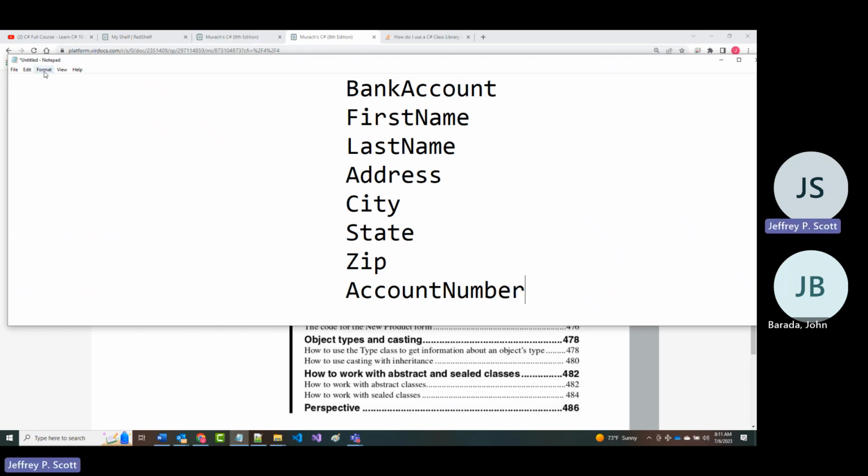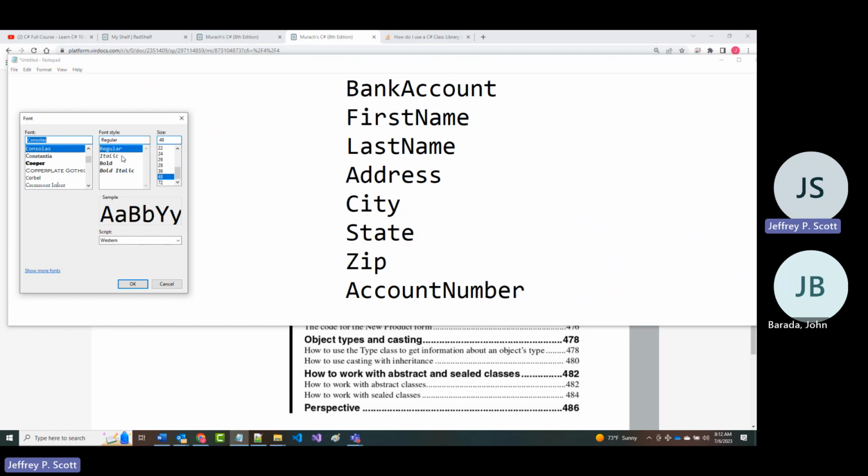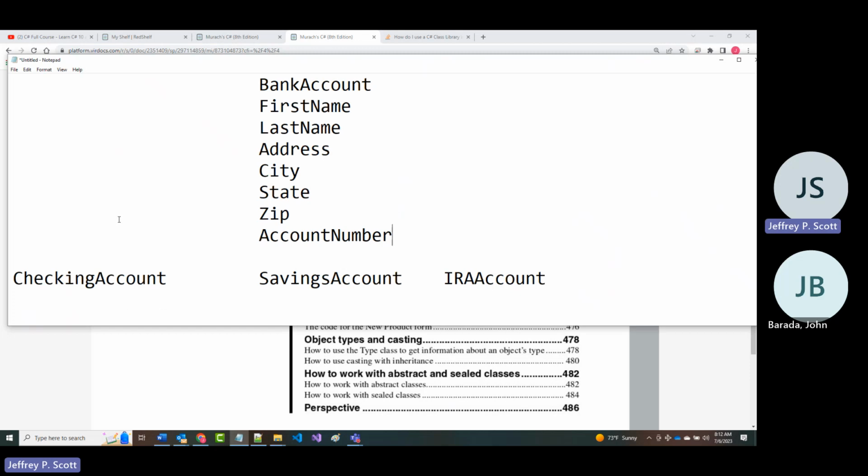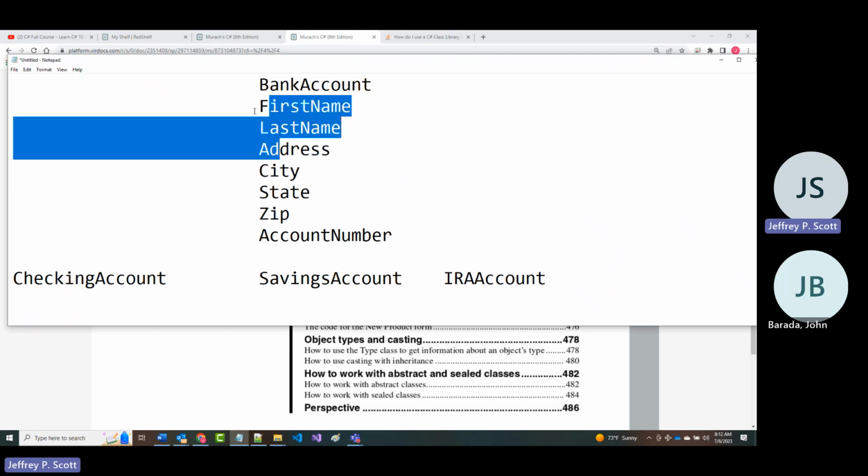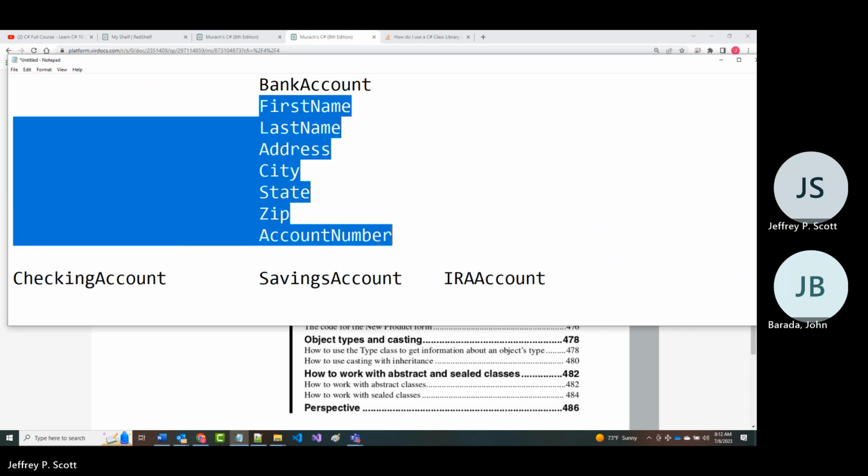As an example, this isn't a great example, but it's not a bad one either. All right, so let's knock this down a little bit. Okay. Well, if I create a bank account class and I give it these members right here, when you think about it, regardless of the type of account you have, whether it's a checking account, a savings account, an IRA account, and there could be other ones. There could be a Christmas club account, a retirement account, etc. I'm just trying to keep it simple.